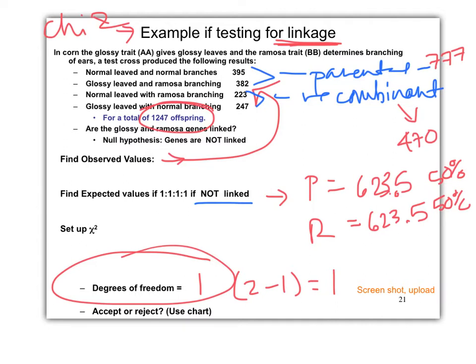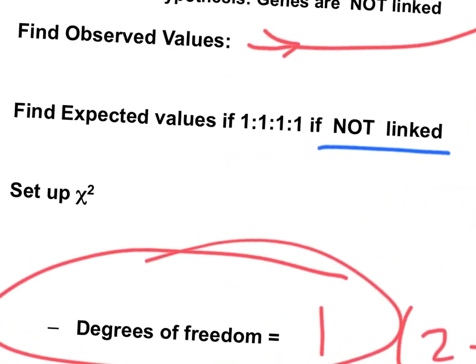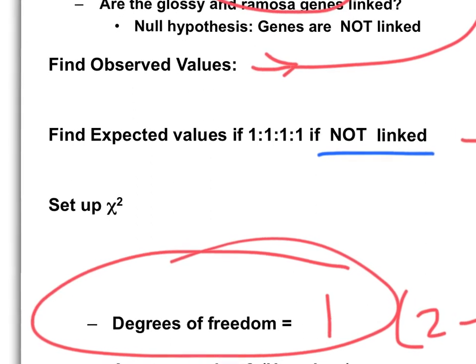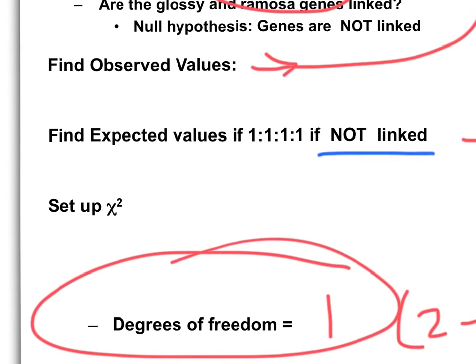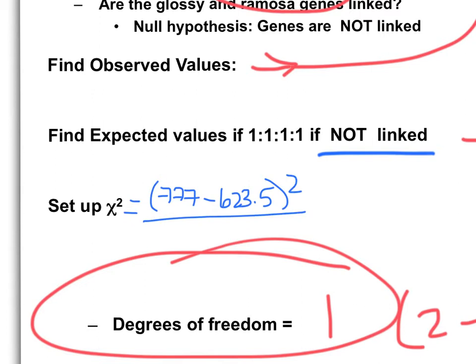Yeah, so come on. Okay, now we need to set up the chi-square value. We have all the things we need, now we need to set it up. So let's zoom and give myself a little more room, because I drew too big and I scribbled all over. So we set up our chi-square, right? The chi-square is equal to observed minus expected squared. So observed for class number 1, or parentals, which you can do these in either order. You can do the math both ways and find out. Squared over